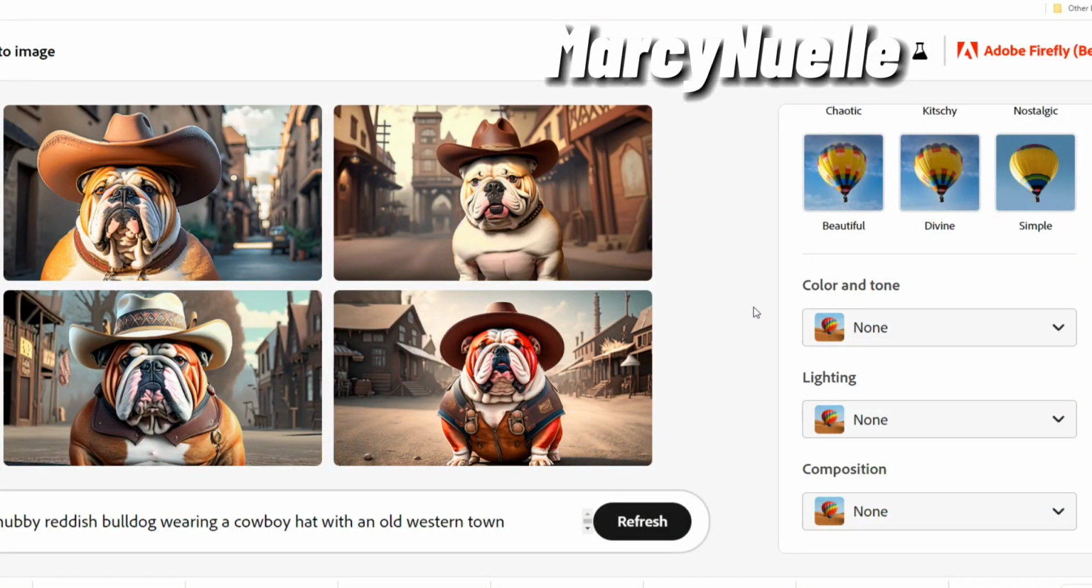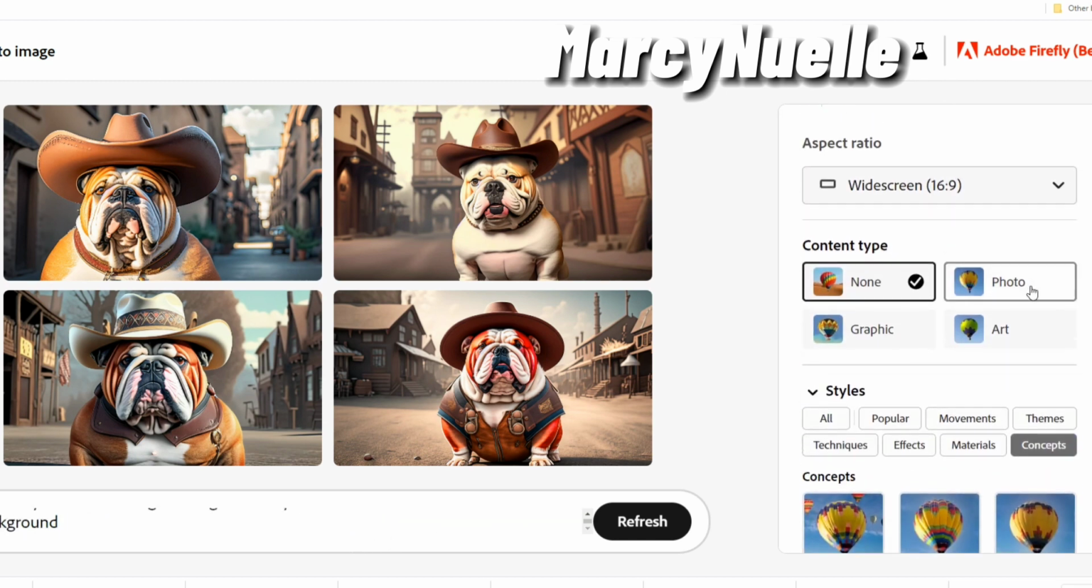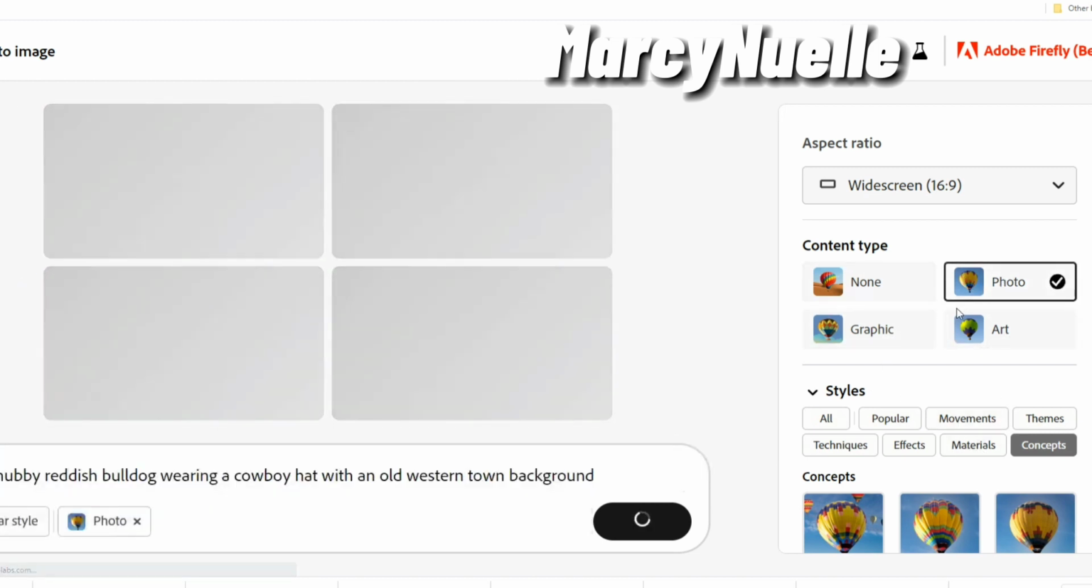Hey everyone, today I'm reviewing the Adobe Firefly color and tone. So my prompt is a chubby reddish bulldog wearing a cowboy hat with an old western town background. So for this one, I do want to use the photo for the content type,